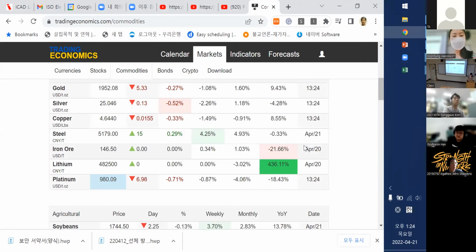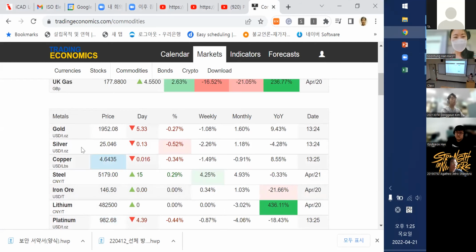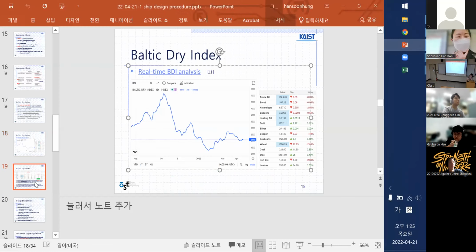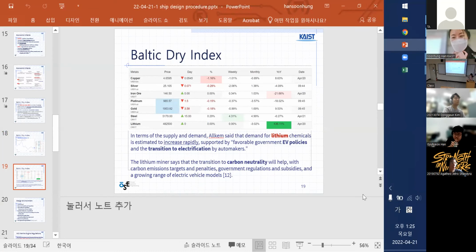What I found pretty interesting was that, since I'm quite interested in materials, there is a very large increase in lithium from year to year. So I thought about it and did a bit of research on it. And it appears that